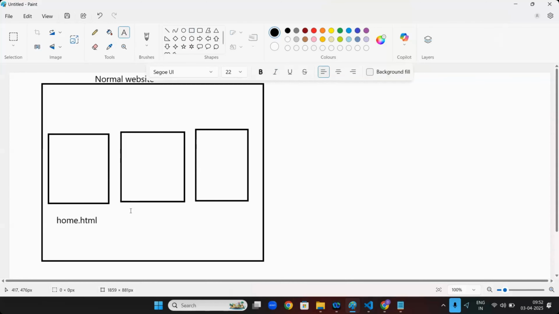For the about page, it will have about.html. For contact, you will have contact.html. This is how you do HTML code.